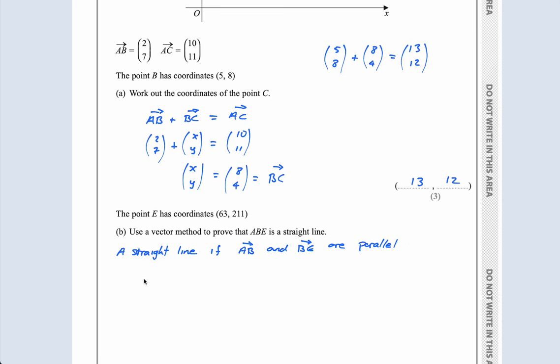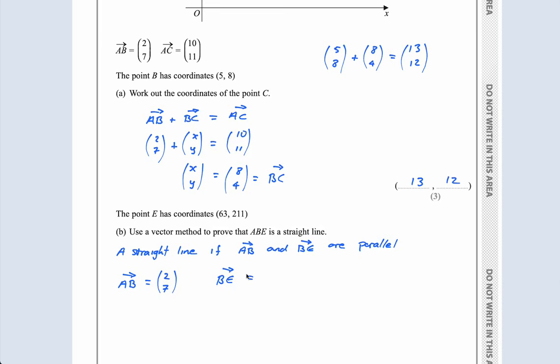So AB is equal to 2, 7. So if I can show that BE is equal to some multiple of 2, 7, I have shown that they are parallel and hence it's a straight line. So what is BE? So BE